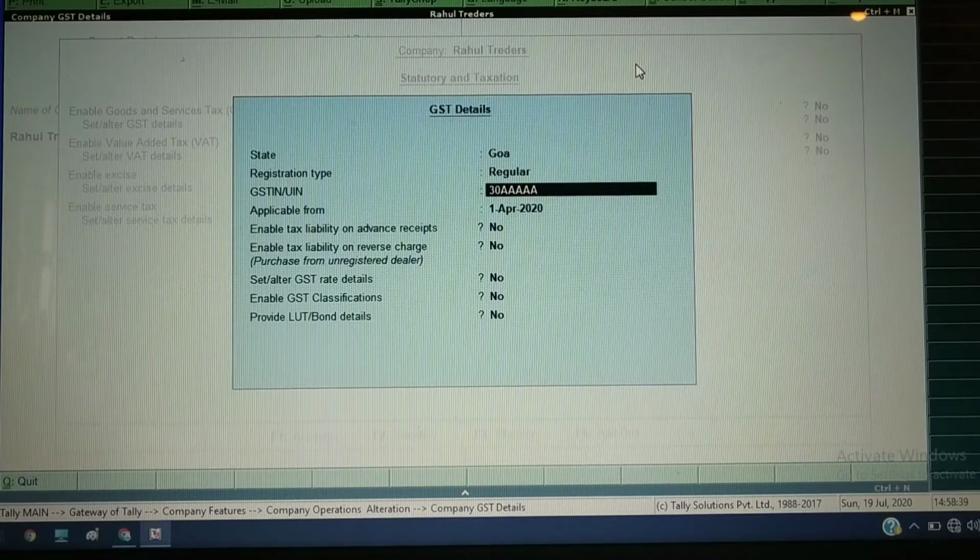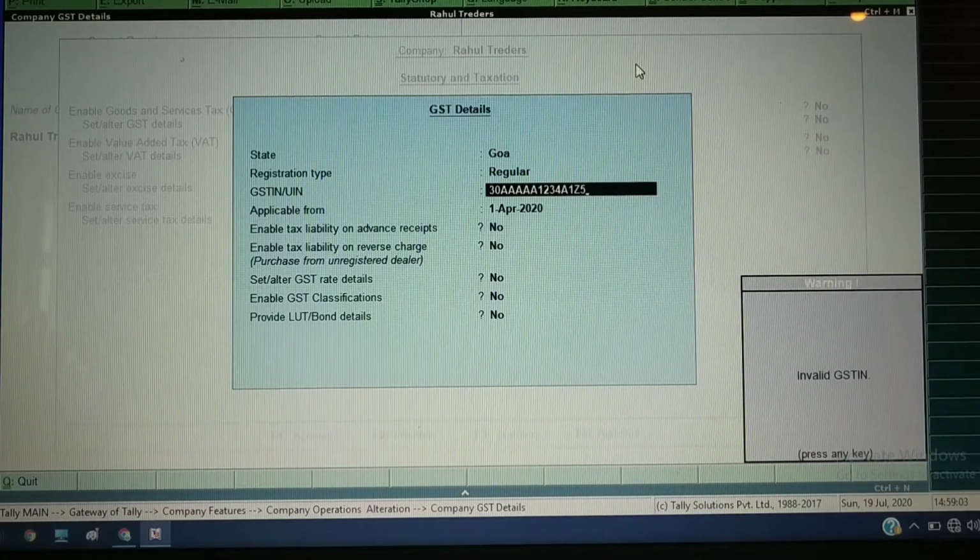So first 5 letters, then 4 numbers, and 1 alphabet for the PAN number, and next 1 number we need to take, and then Z will be the default letter for the GST number. So I will take Z, and next 1 number we need to take, and take enter.